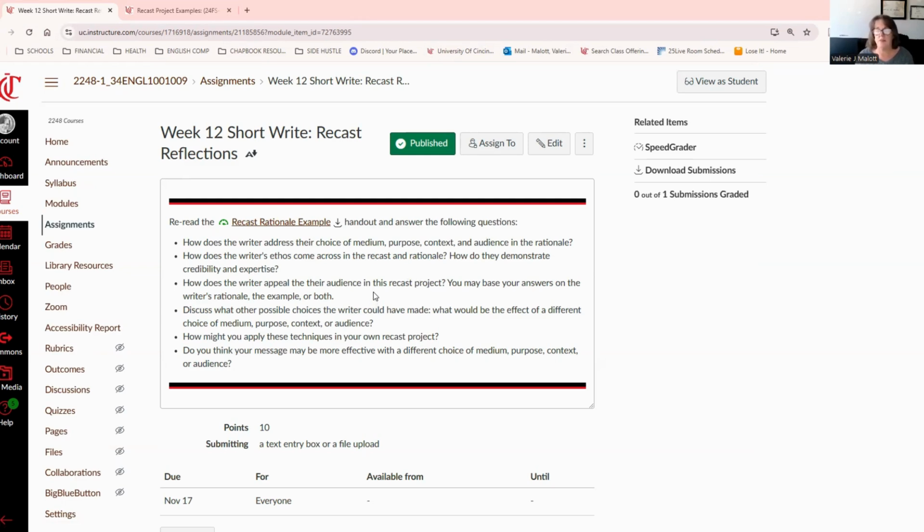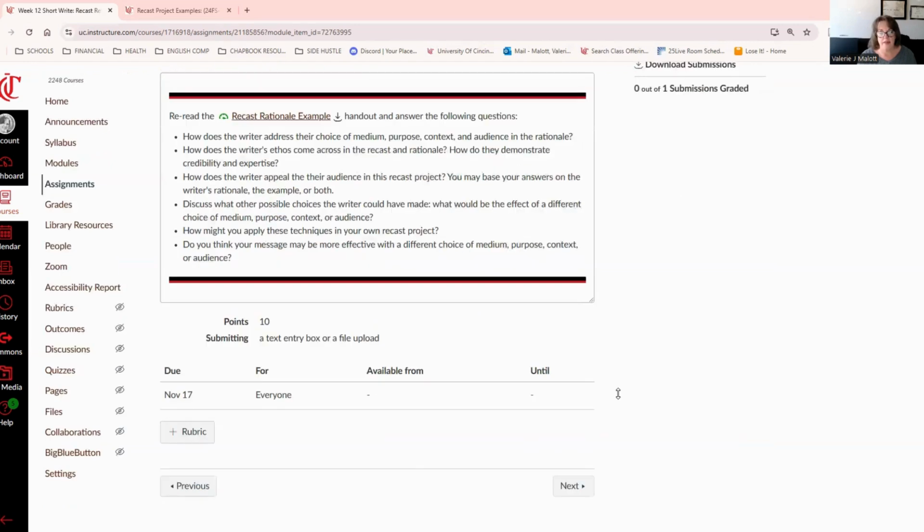What could they have done differently in regards to their medium, purpose, context, or audience? And then I want you to think about how you might employ some of these techniques in your own project. Do you think your message may be more effective with a different choice of medium, purpose, context, or audience? And that can be done as a text entry or as a file upload. And again, that will be due Sunday, November 17th.